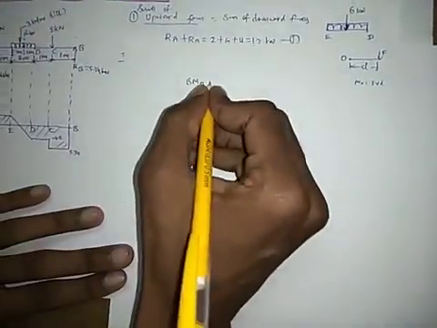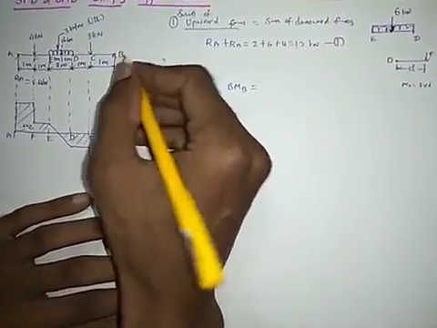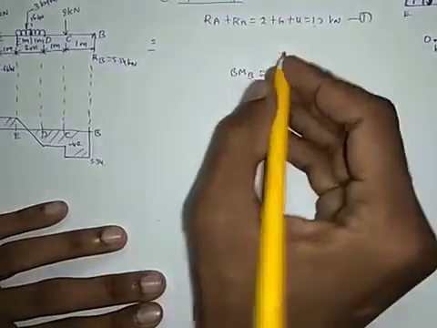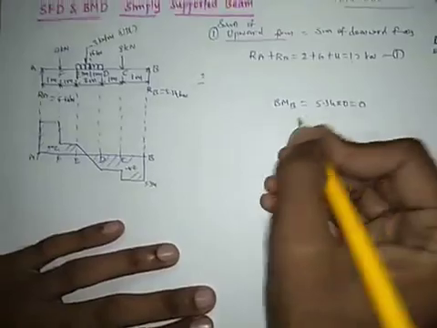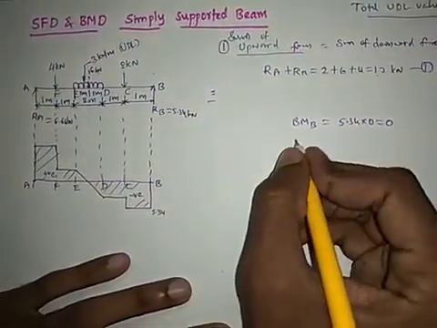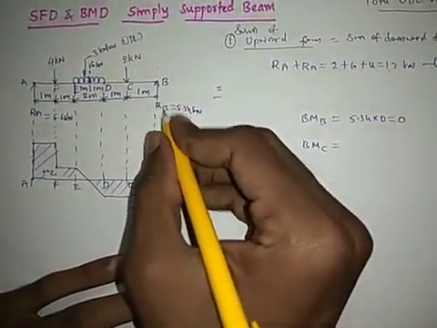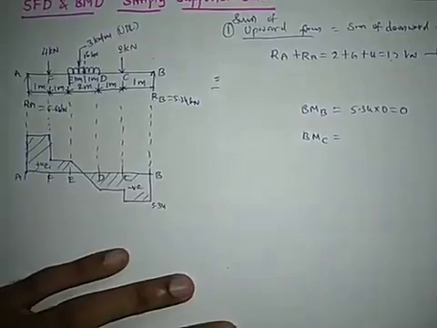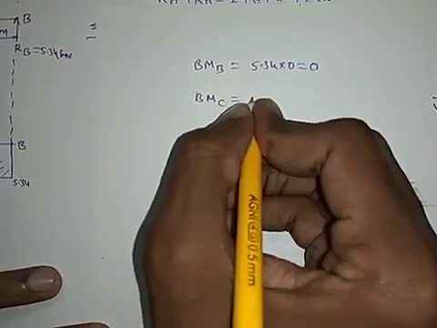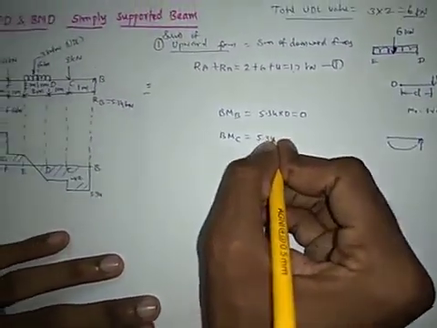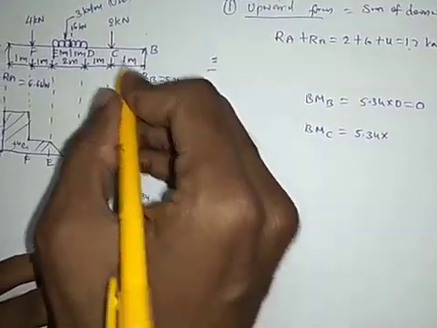So bending moment at B means at B we have a force of 5.34 kilonewtons, but we require the moment at B itself. So the B to B distance is 0. So if you write 5.34 into 0, you will get 0 only. So the bending moment value at B is 0. And next, if you go for the bending moment at C, this 5.34 will create a moment that is called hogging, that is positive. So we will take plus sign, 5.34 into, we require the moment at C. So the distance between the point of action of the load and C is 1.